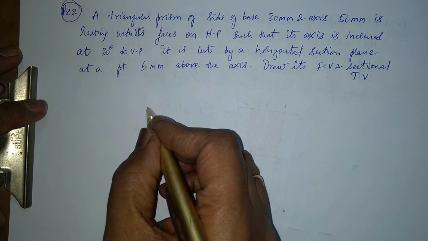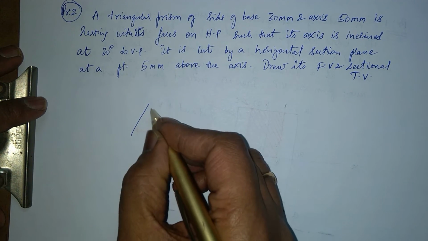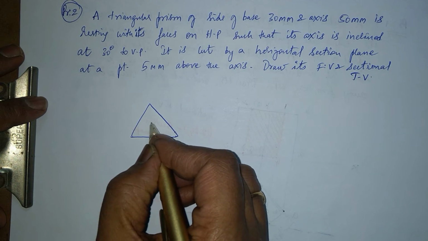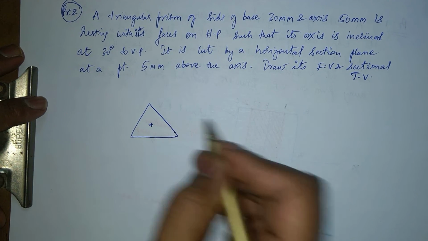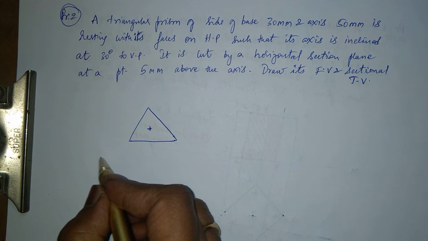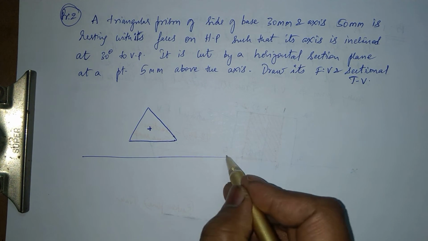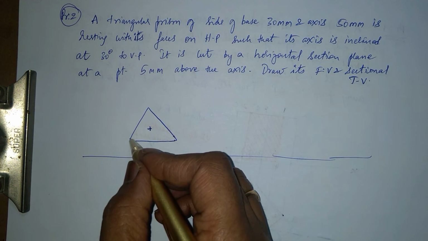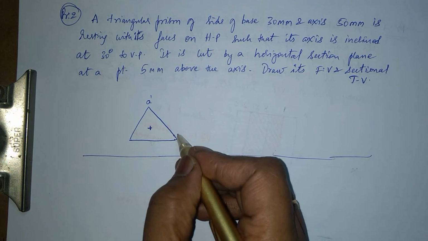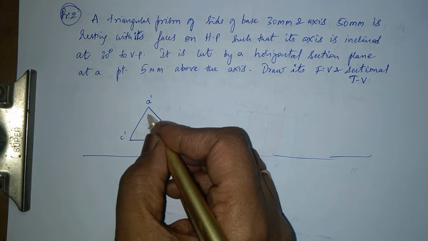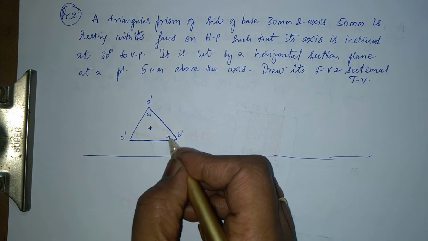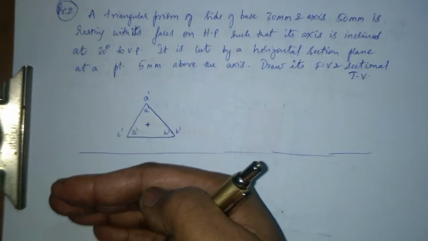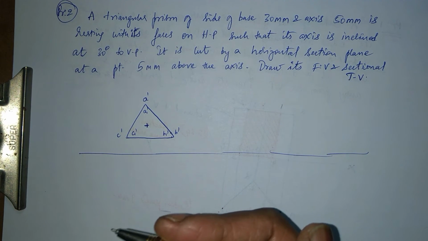So the front view is basically a triangle, an equilateral triangle. This is my center point, where I have my center. Let me just draw my axis. I'm just taking this distance as a convenient distance since nothing is mentioned. So this is my A dash, B dash, C dash. This is my A1 dash, B1 dash, C1 dash on the other side, and at the front it is A dash, B dash, and the other front it is A1, B1.